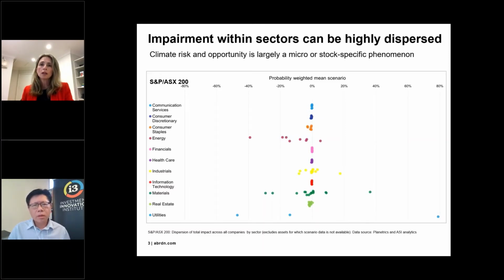And it really was one of the key takeaways from all of our work, and it continues to be the key takeaway. We are updating our analysis, and that's really a key feature of our work: because we have our own bespoke scenarios, we can update it as new information comes to light. We're going through that process right now. Also, as an analyst, when new policies come through, I can assess what this means, which scenario I should be looking at, and where I should be looking for the dispersion of risk and opportunity.